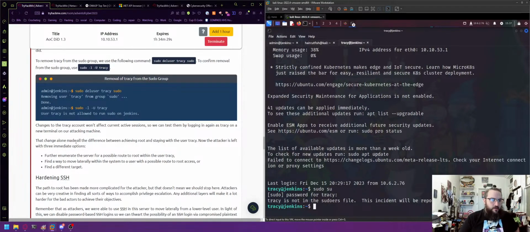So that change alone made all the difference between achieving root and staying with the user Tracy. Now the attacker is left with three immediate options. Further enumerate the server for a possible route to root within the user Tracy. Find a way to move laterally within the system to a user with a possible route to root access, or